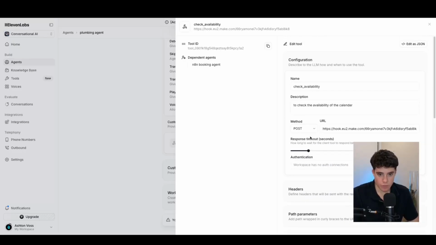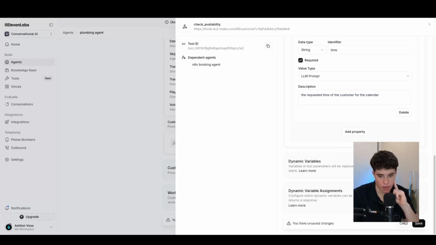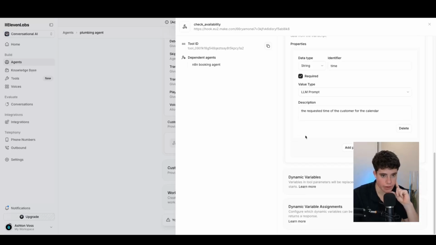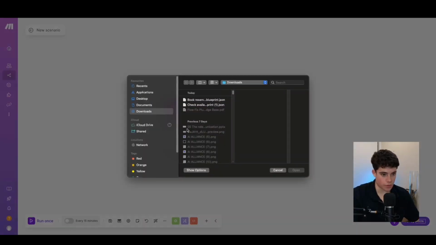So now we can go ahead and test this webhook to make sure that we have some information. So again, everything's all good. Just add required in there, and then click save up there. And then I'm going to import a blueprint, which I've already pre-built because it'll just take way too long to build this. And then we need a book